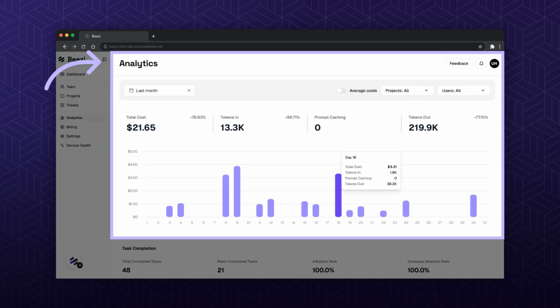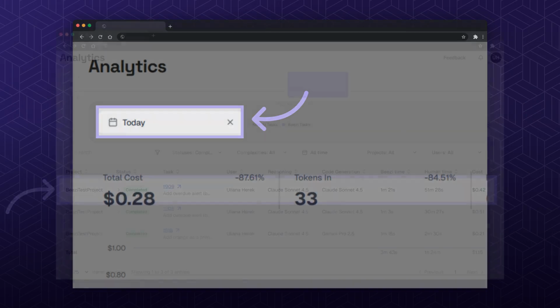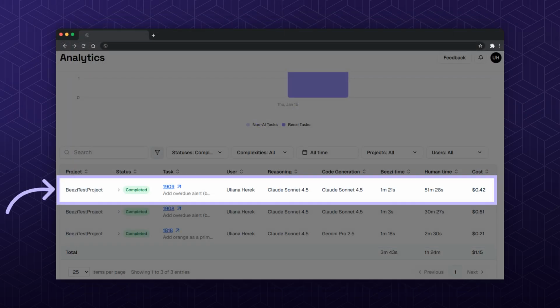Finally, you can view the specific metrics on the analytics page. In particular, we can apply a filter and select Today to review statistics for a specific time period, including tokens used, cost, and total execution time, as well as reasoning and coding details, metrics such as how much time Beezi spent on the task and related